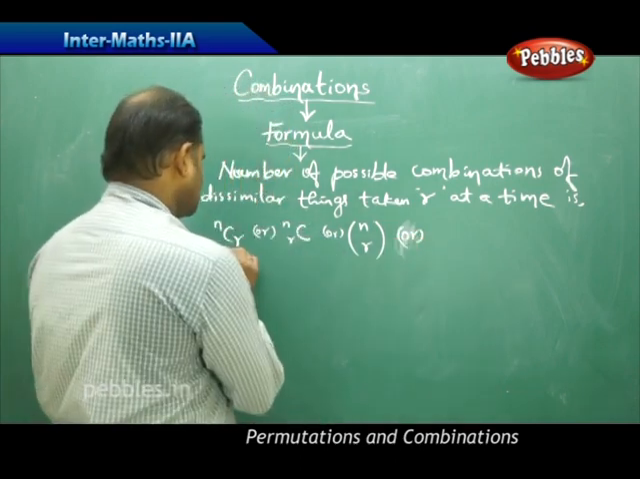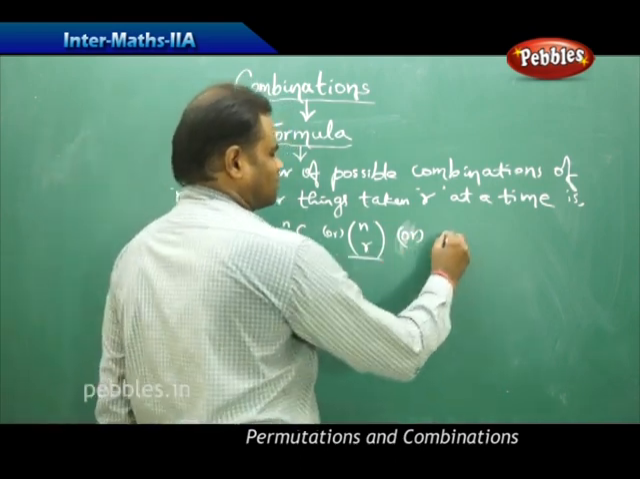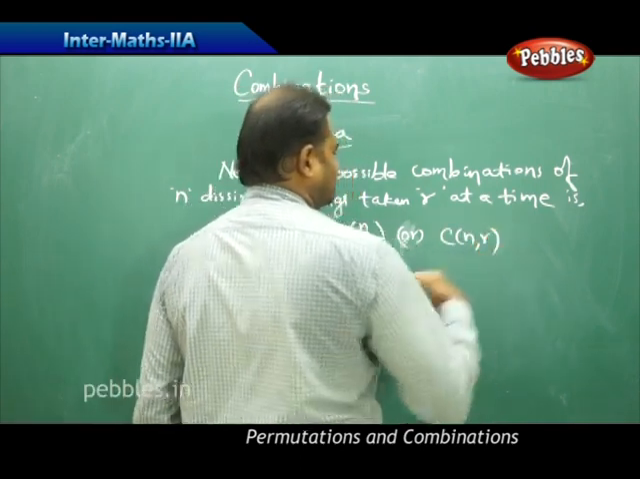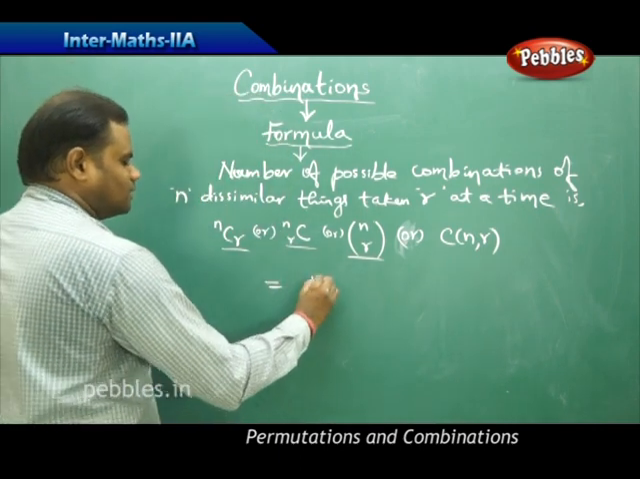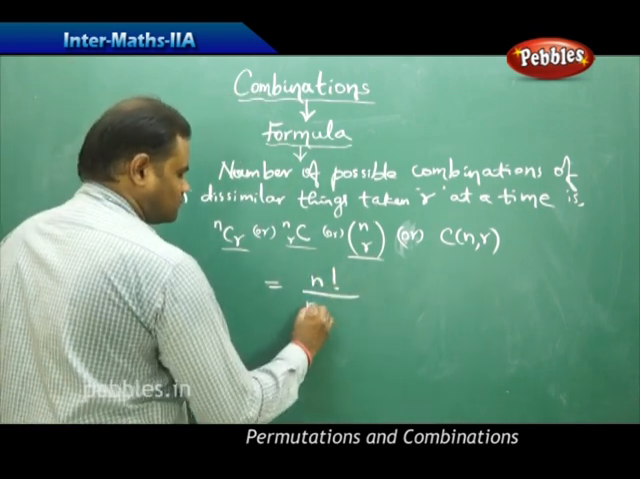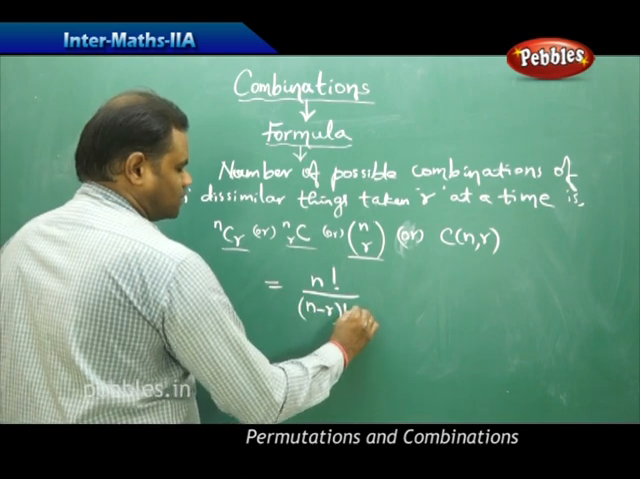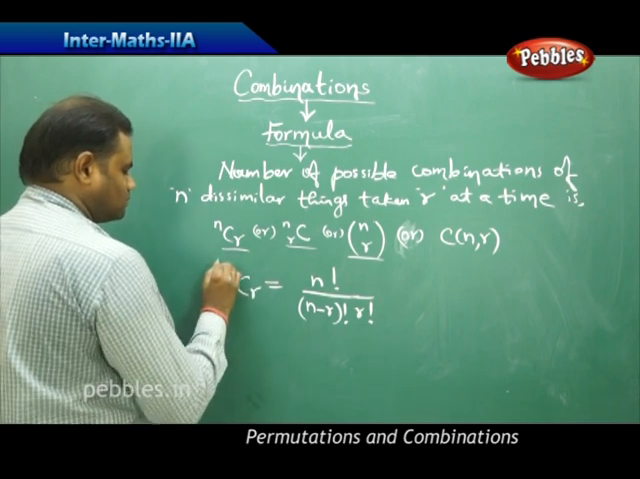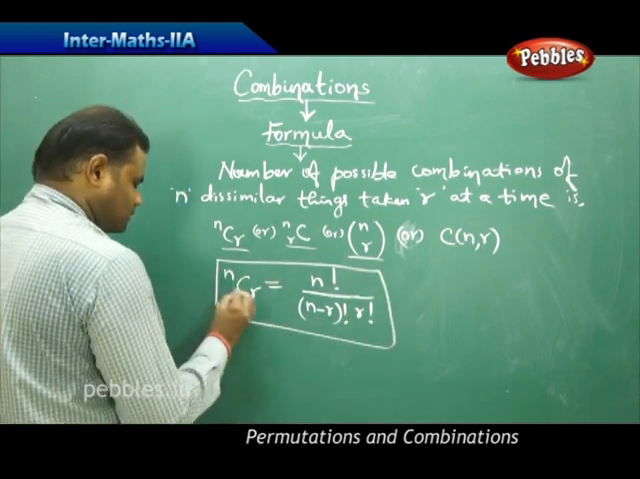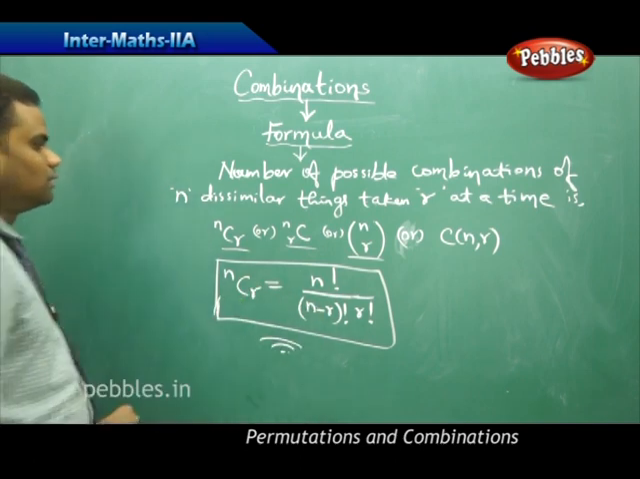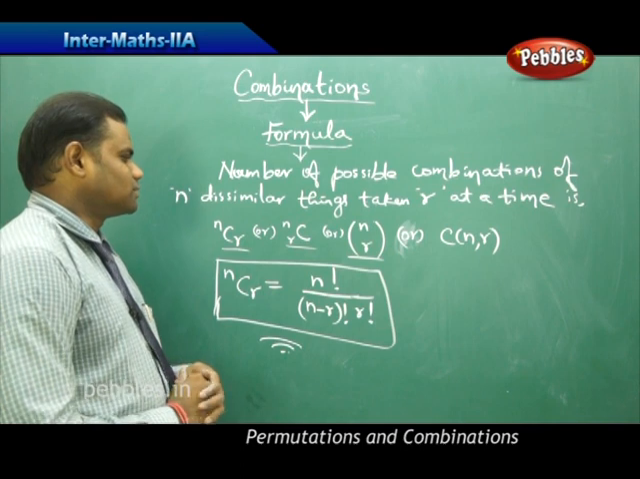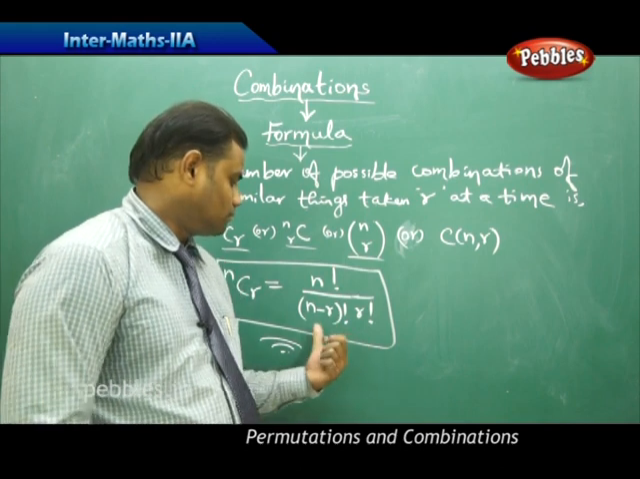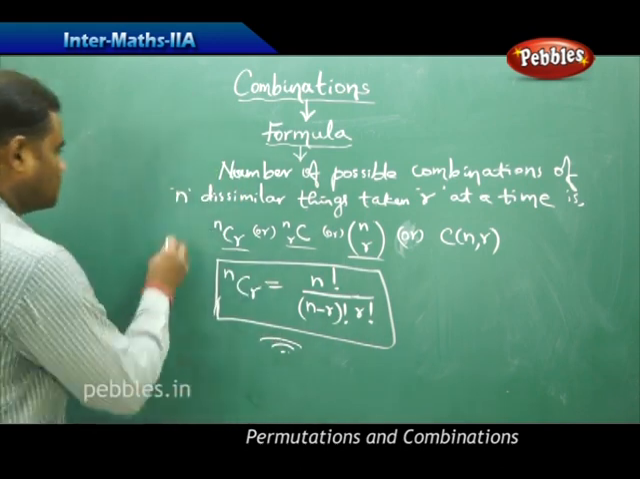There are so many different ways of denoting this: nCr, C and r are the various notations, and it is given by the formula n factorial by (n minus r) factorial into r factorial. This is how we derive the formula for the number of possible combinations of n dissimilar things taken r at a time. Say, for example,